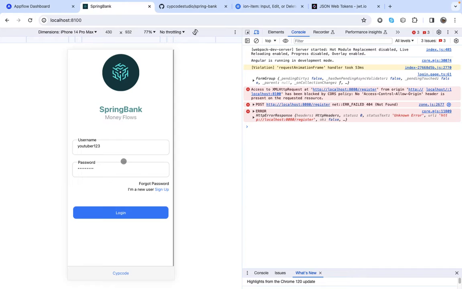So, we are focusing on Ionic, and essentially we want to see how we can create a login, a registration, or a sign up page, and also a forgot password, and implement those. So in this video we'll be just looking at login and registration, so we can see how this all ties